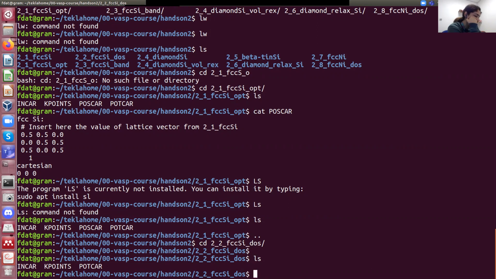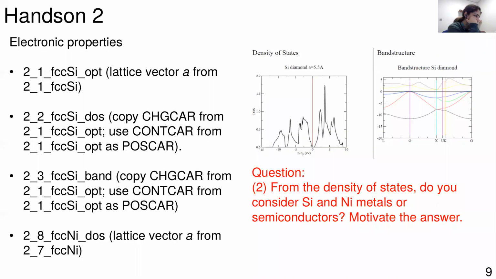Okay. But I mean, don't worry, because everything is written here. Copy CONTCAR, use CONTCAR as POSCAR. So okay. There is no way you can make a mistake. And CONTCAR is, sorry? CONTCAR, yeah, CONTCAR should be defined. CONTCAR is the final structure. So whenever you do a bulk optimization or optimization, POSCAR is your initial structure, CONTCAR is the final one, of the bulk calculation. Okay?